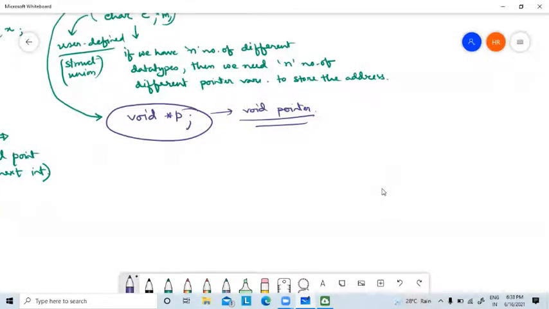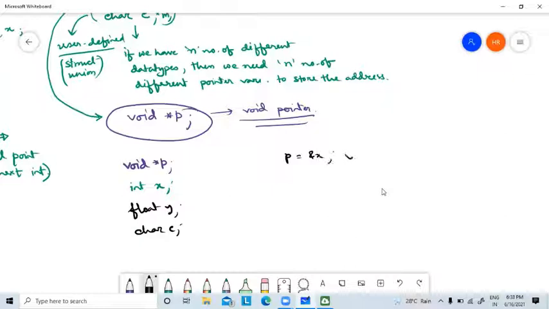See the picture. If I declare one void pointer *p and there are three different variables, one is integer x, another is float y, and another is character c, then p can store the address of x. This is true. p can store the address of y. This is also true. And p can store the address of c. This is also true. Why?